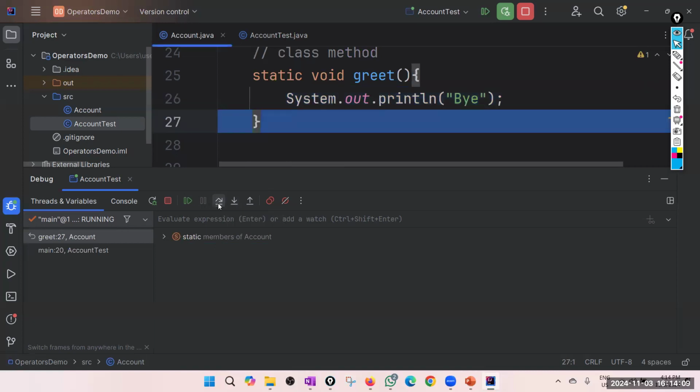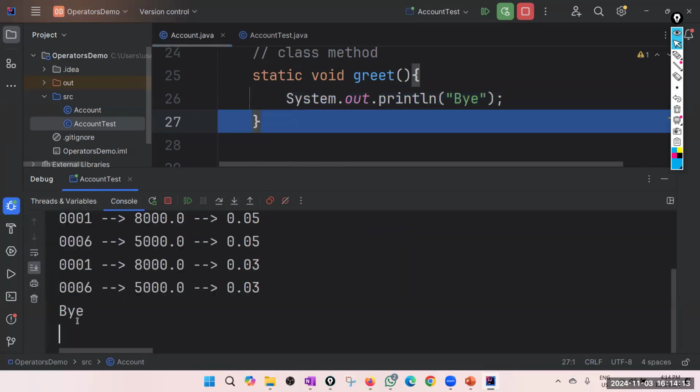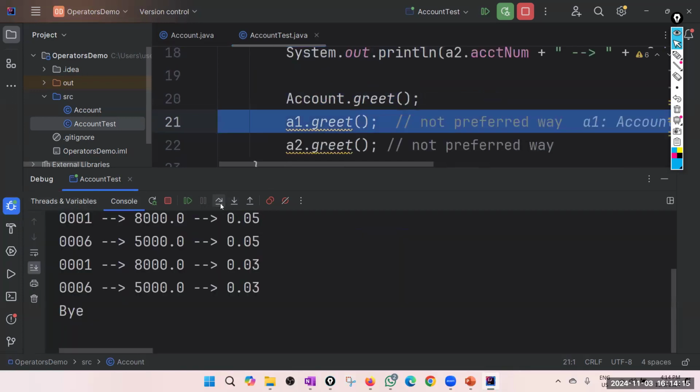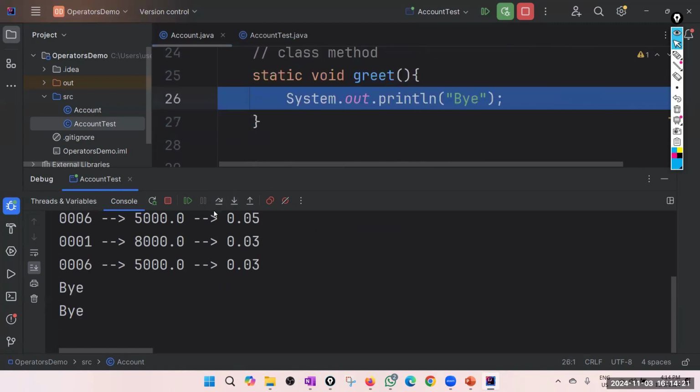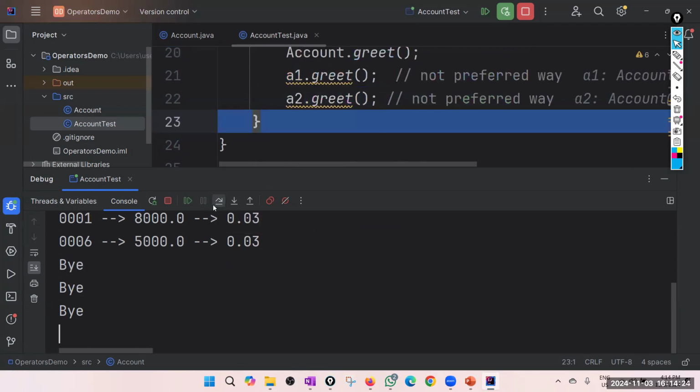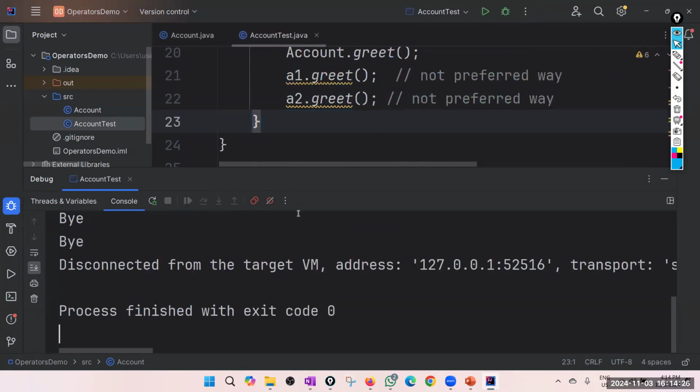Now you get out of the static method. Look at the console. Now you greet from the A1 reference variable and the A2 reference variable. You are still going to the same method. And now you are done. So that experience you must get.